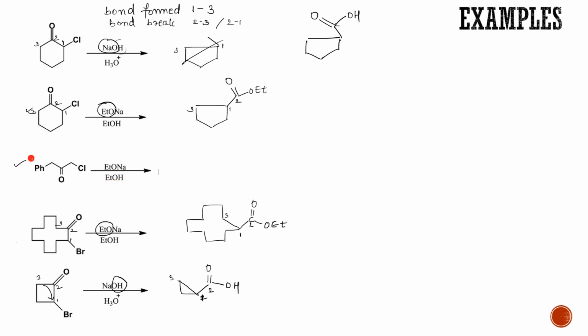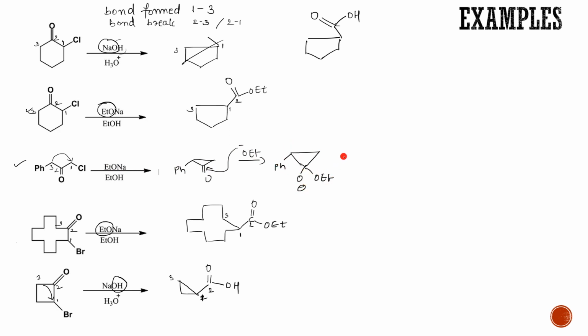Now I'm coming here because this was acyclic, and I told you that a more stable carbanion has to be there, no? So let's say 1, 2 and 3. So you know that this is going to shift over here, right? So when you shift this over here, you are going to get the cyclopropane ring. So you can directly start with the cyclopropane ring. Okay, so this is the cyclopropane ring that you get. Then comes the base OEt minus, because you don't take that metal, just take that base, and it attacks over here, right? So O minus OEt.